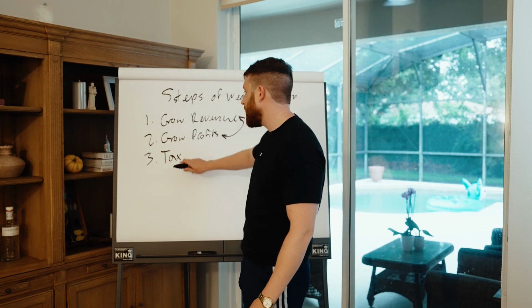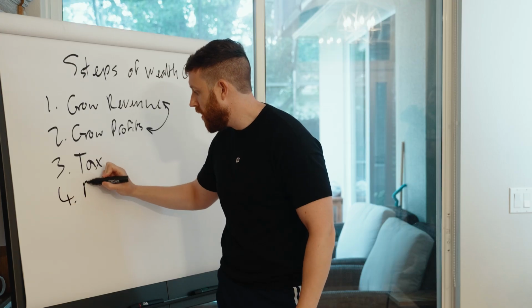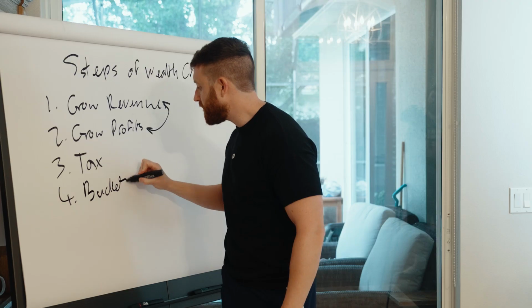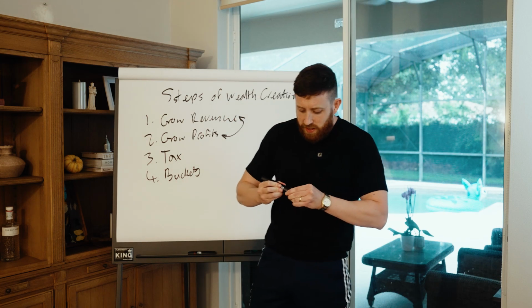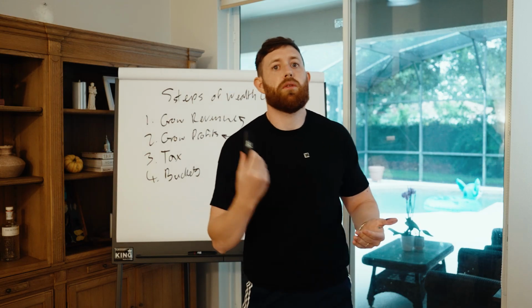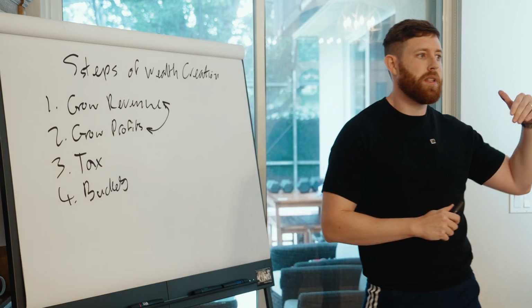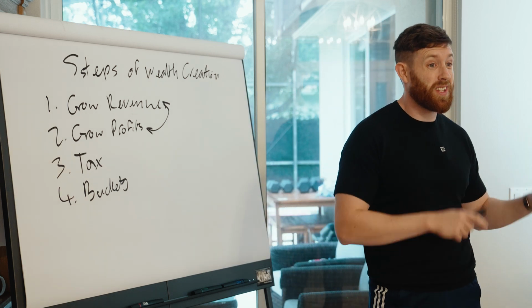And this is definitely something to think about. The number 4 here is buckets. So buckets is a concept that personally I took from the book, The Richest Man in Babylon. It's an amazing book. I think everybody should read it. Anybody who came into Systems of Scale with me over the last 3 years, I actually sent it to them